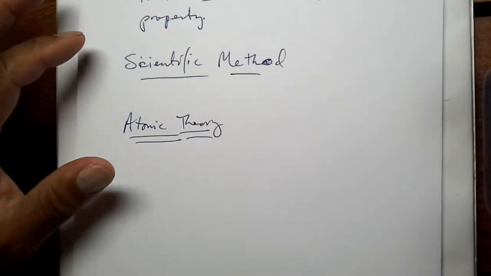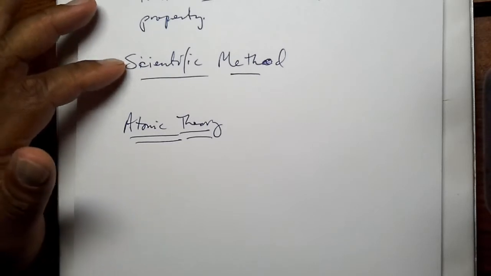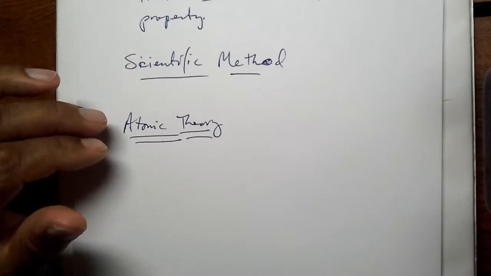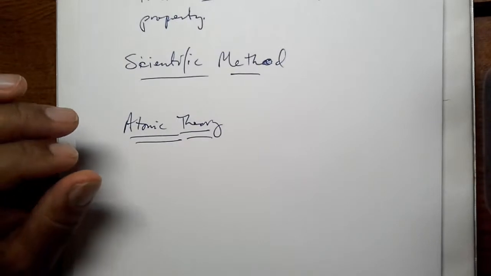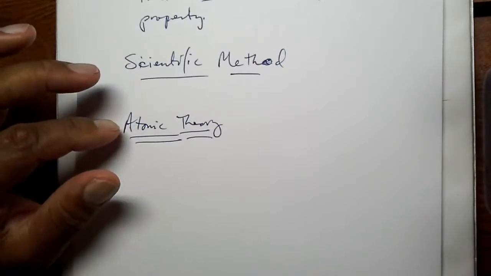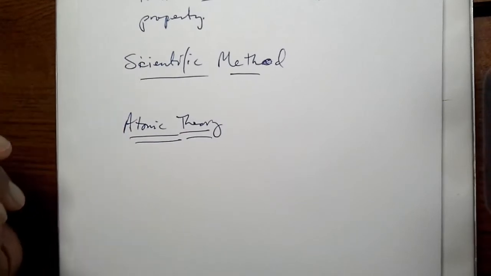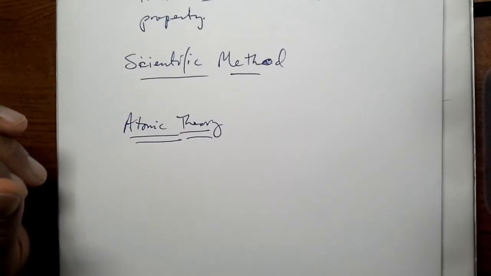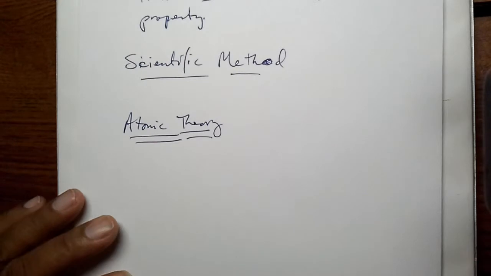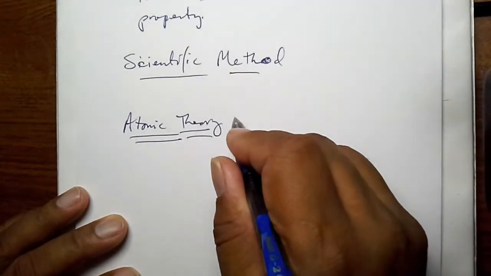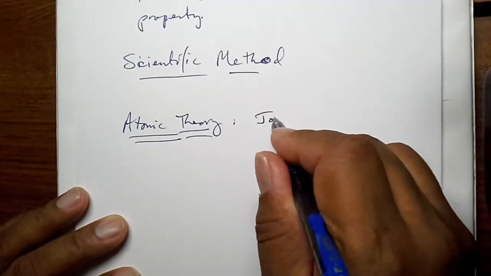Okay, so after our discussion of the scientific method, again, this is part two of the second lecture. We're talking about, or we will talk about, atomic theory. The atomic theory, as proposed by John Dalton